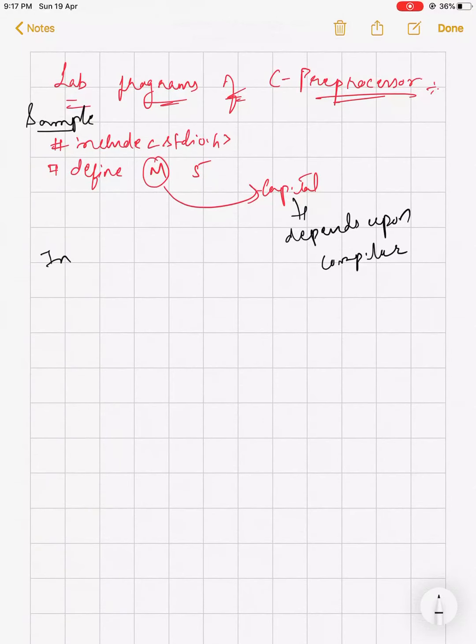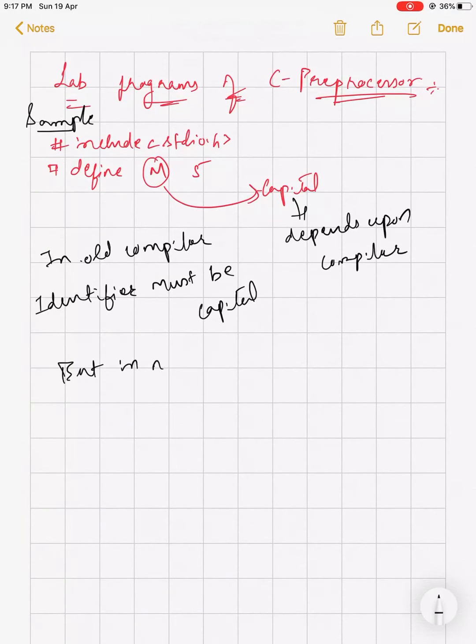In an old compiler, the identifier must be capital, but in the new compiler small letters are allowed.